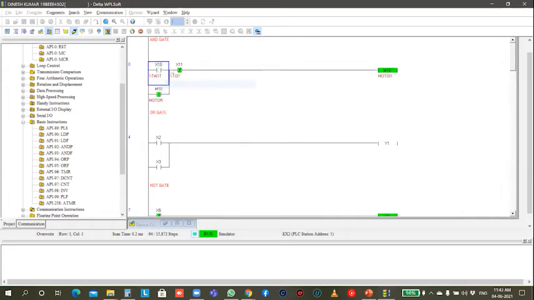Like this, the motor will start again. Until we press the start button, the motor is continuously in running position. If I give the stop button, the motor will turn off again. So this is called a latching function. This function is used in a contactor as a motor starter function.